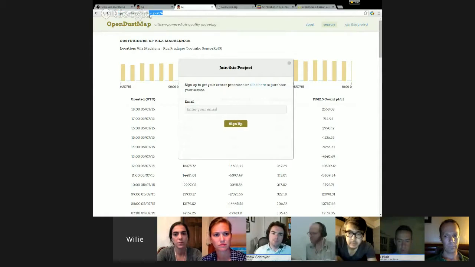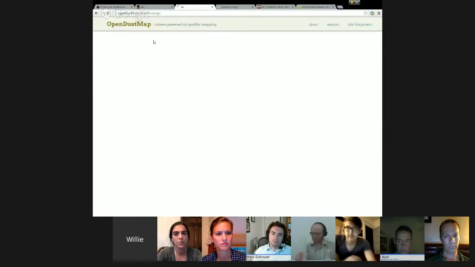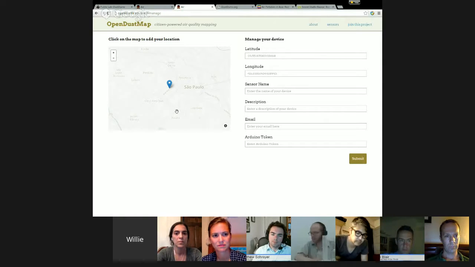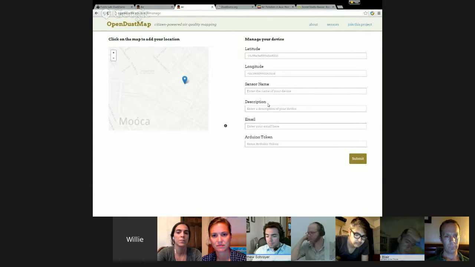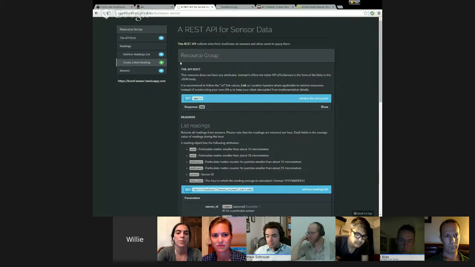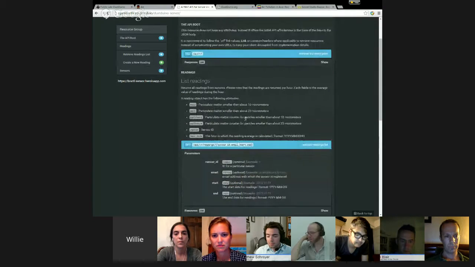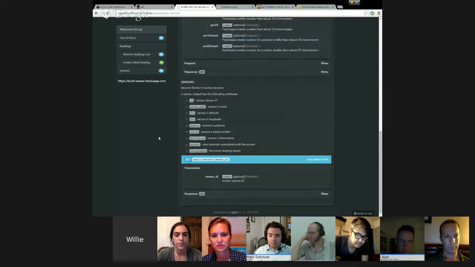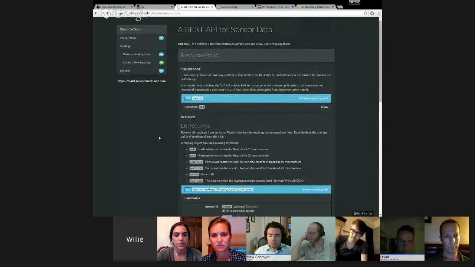After you sign up, you get an API key, a token, and you can manage your sensor, tell it where it is, give it a name, all of that kind of thing. And then all of the data is hosted in an API that you can just get all of the readings. Basically we're trying to document the process as well as we can and put it into more of a modular system so that people can copy this and recreate it for themselves. So if you want to do private deployments, that's possible.